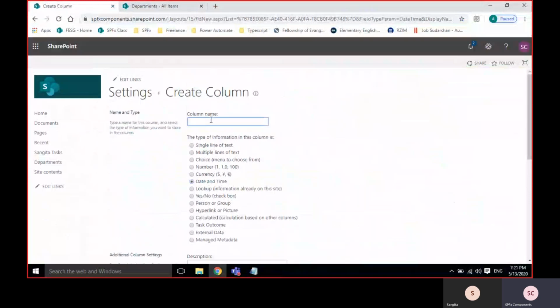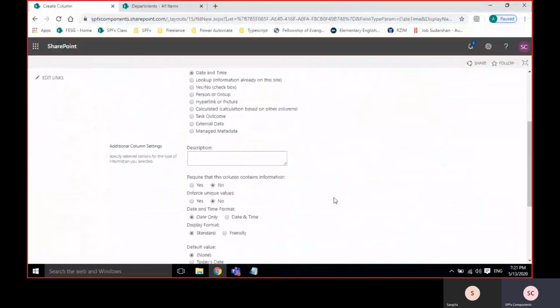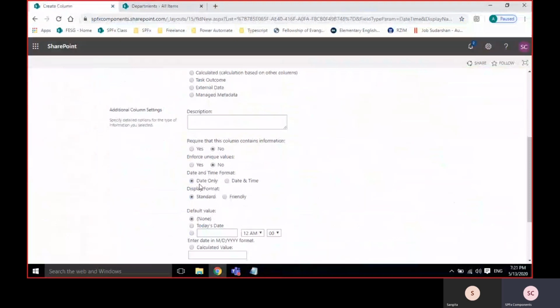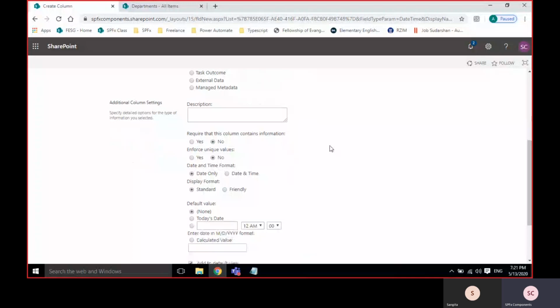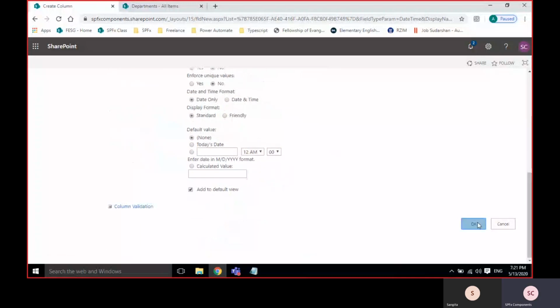Date and time. Giving start date, I can take date only, or date and time also. I'm just giving the format.